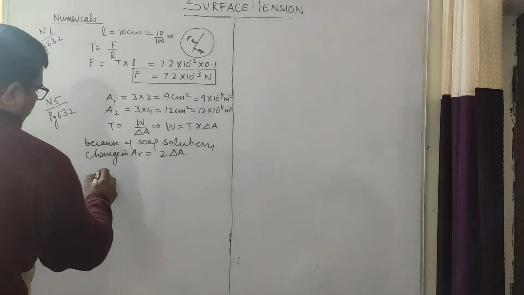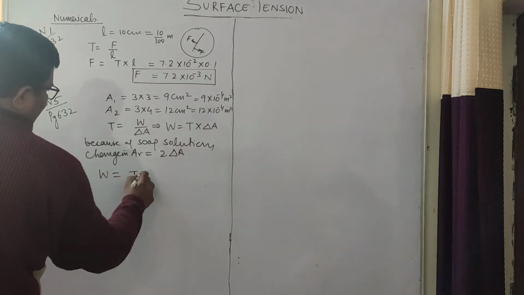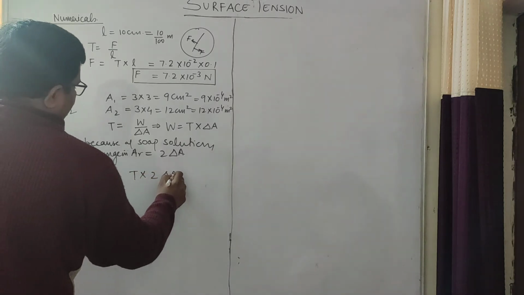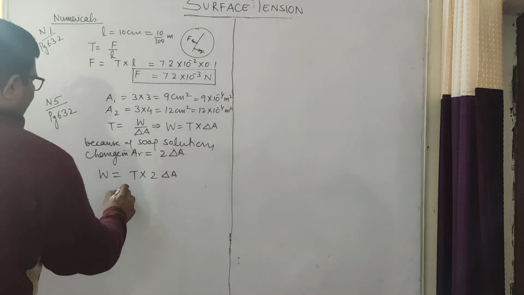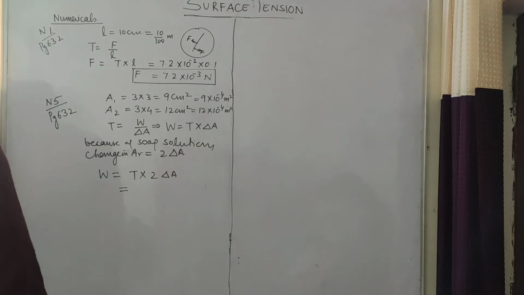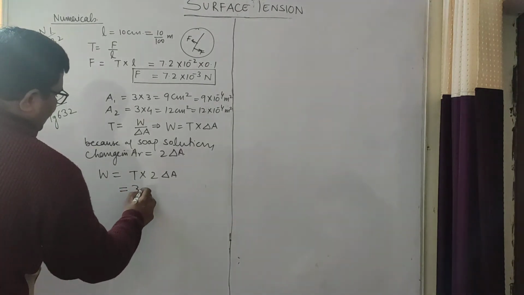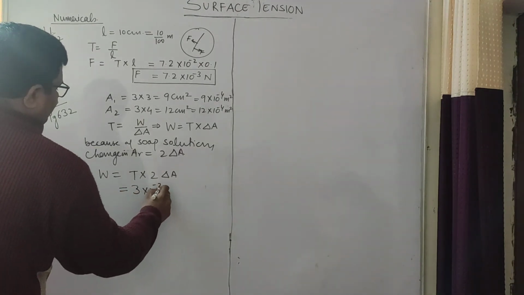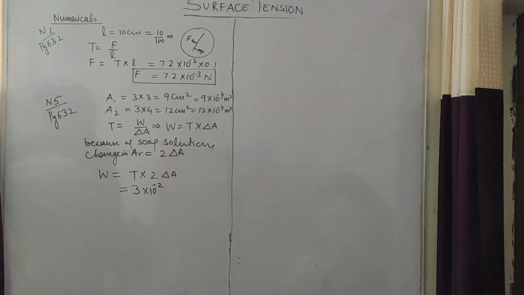So now work done is equal to surface tension into 2 times change in area. The surface tension of soap solution is given in the constants, which is 3 into 10 to the power minus 2. You all know that soap solution will have less tension as compared to water,